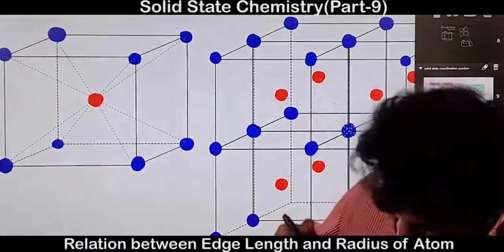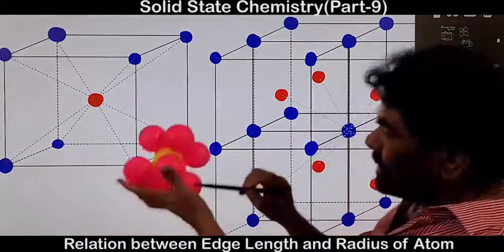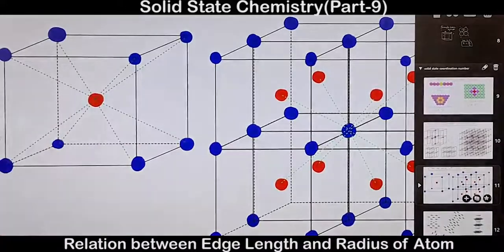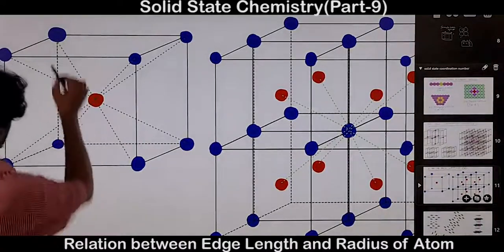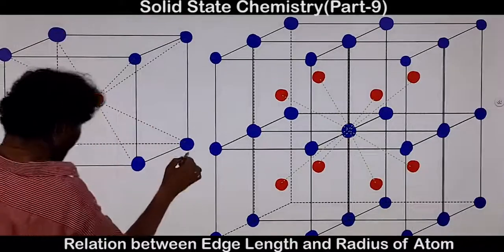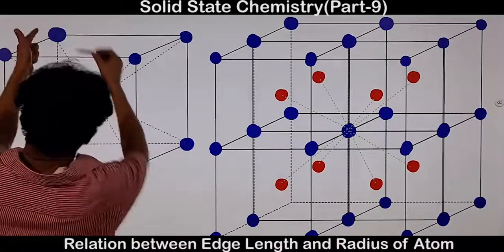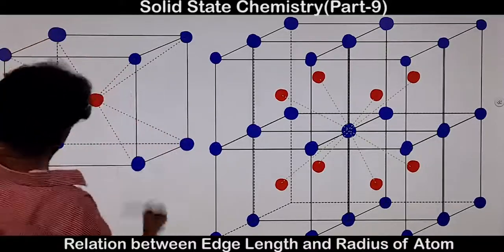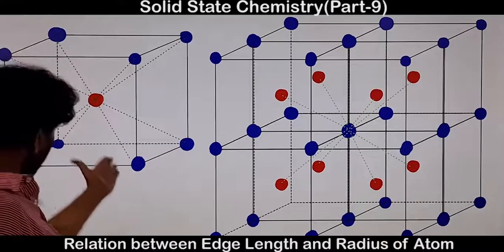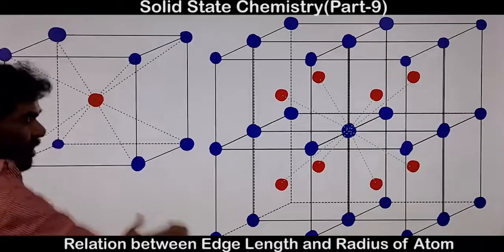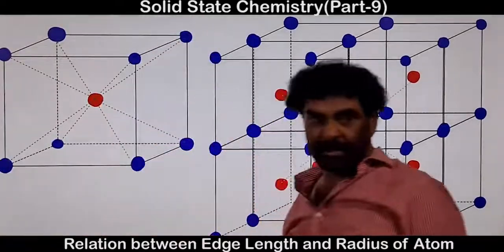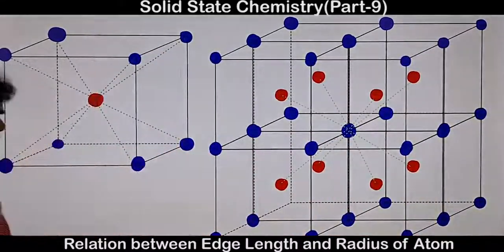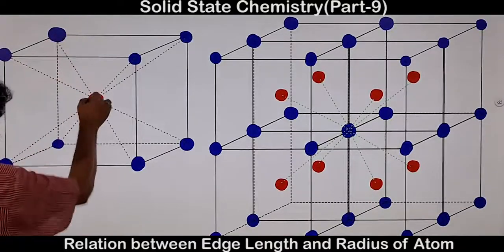Now what is touching? This is touching this. That is, they have the body diagonal relation. Here, if you see the diagram, this atom and this atom, these three, this and opposite, the body diagonal. Their atoms are in direct contact through the body diagonal. In the previous case, face centered, it was the face diagonal relation. This is the body diagonal relation.